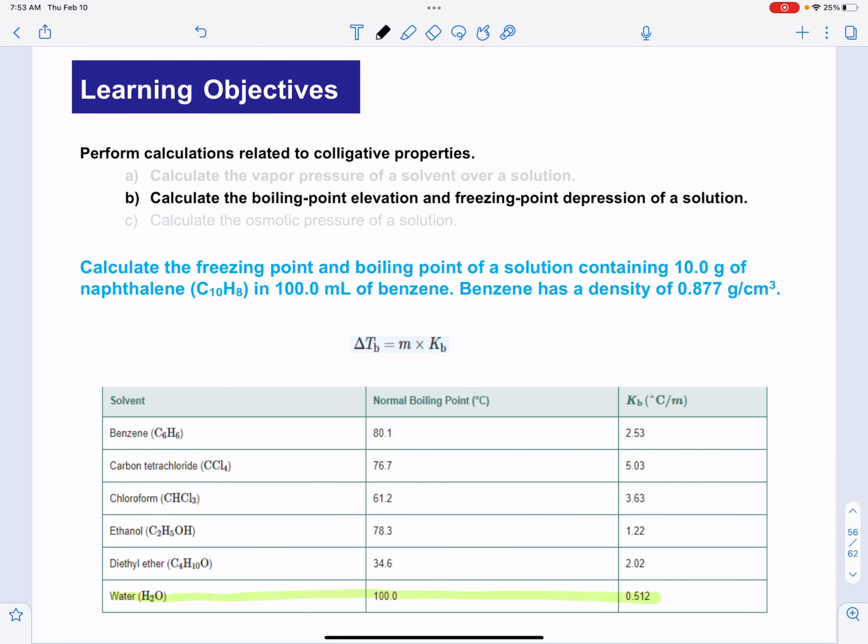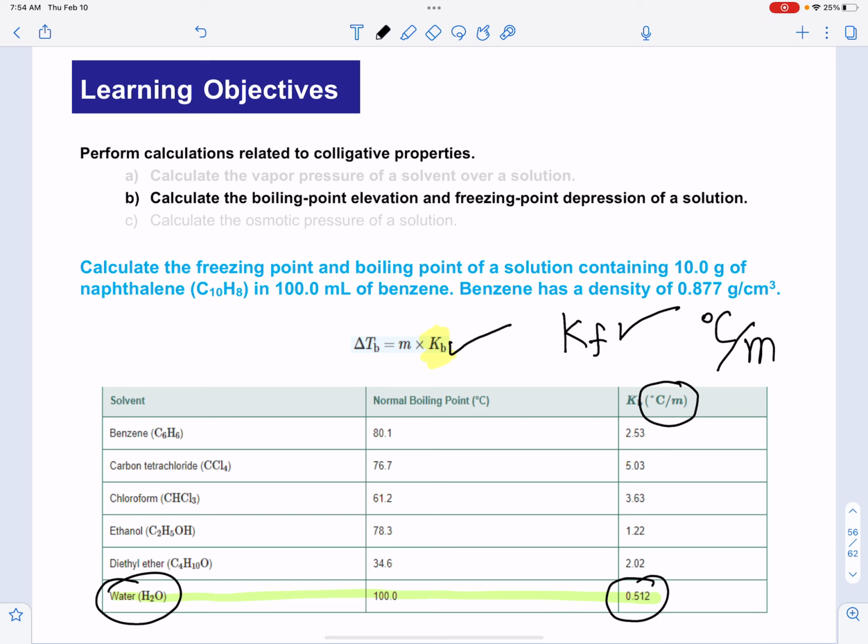So we're talking in terms of the solvent. The solvent is the one that is being affected because you added something to it. Through centuries, probably, we have been measuring the properties of those solvents, and we have come up with constants for boiling. This will be the constant for the boiling point elevation, and you will also see the constant for freezing or fusion. Each particular substance will have a different value, and this value is going to be based on the temperature at which the process will happen,